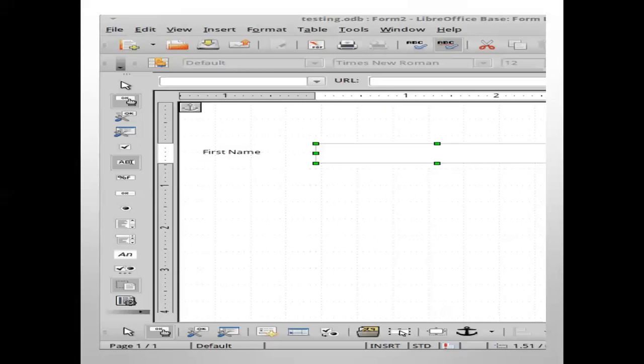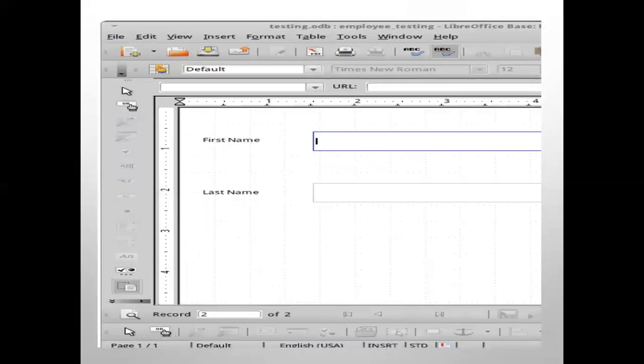So you can try various controls to design a form using this toolbox. After finishing, save and close. To see the output from the form, in the database window, you have to go and double click on the form. You can also right click and use the edit, rename and delete options on the form.